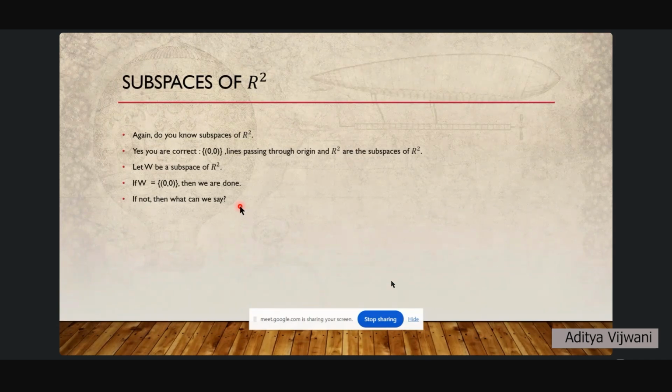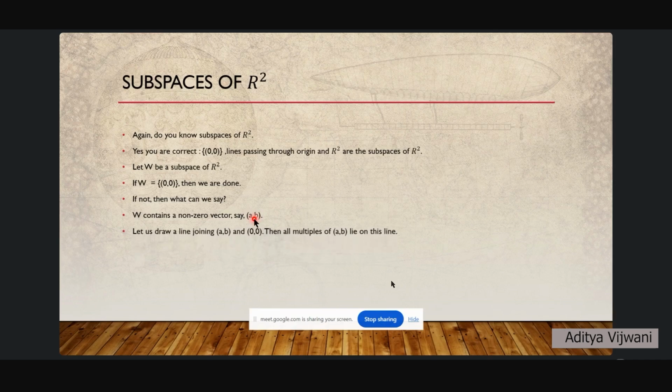All its scalar multiples. Scalar multiples of what? That vector v. So we'll get a line. So basically here that vector V will look like this, right? To put it correctly, I say that W contains a non-zero vector, and I name it AB. So it will look like this. Earlier it was just a real number. Now it belongs to R2.